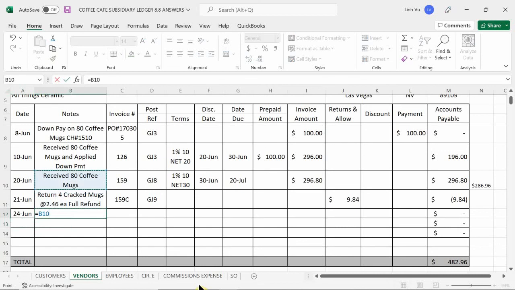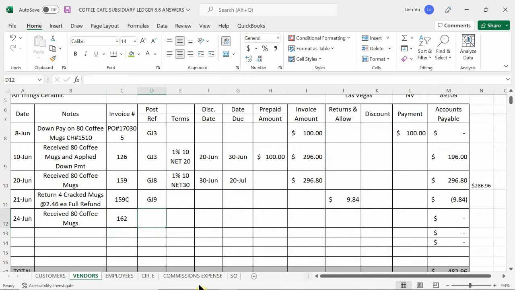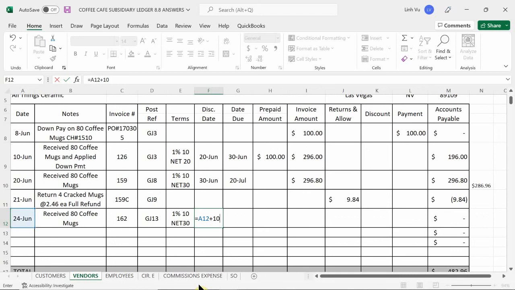We received 80 ceramic coffee mugs, invoice number 162. 10 days from now is going to be July 4th, and then the entire bill is due on